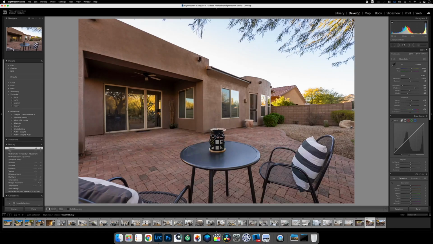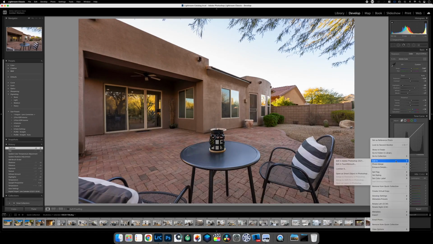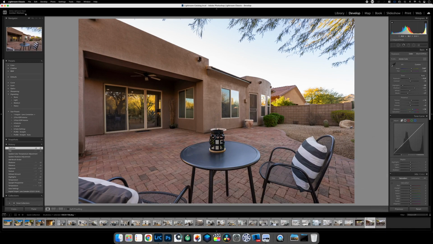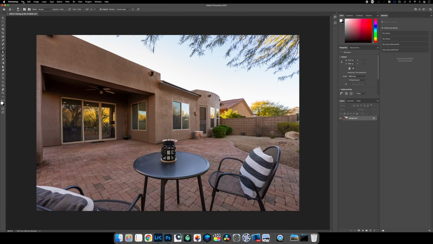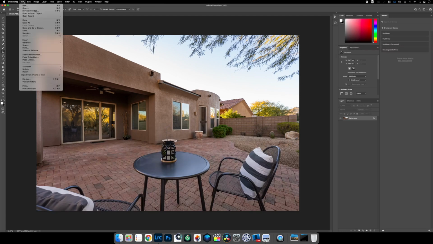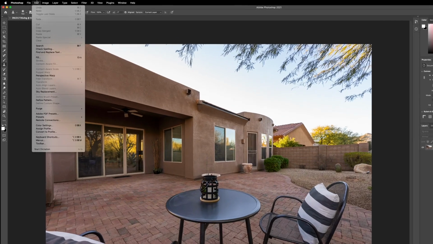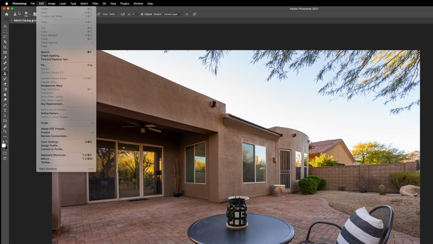All right, so we got these last two. Let's just edit in Photoshop, do a quick sky replacement on these last two and be done with these daytime ones. What are we at? Almost an hour and a half. Edit, and then we got the